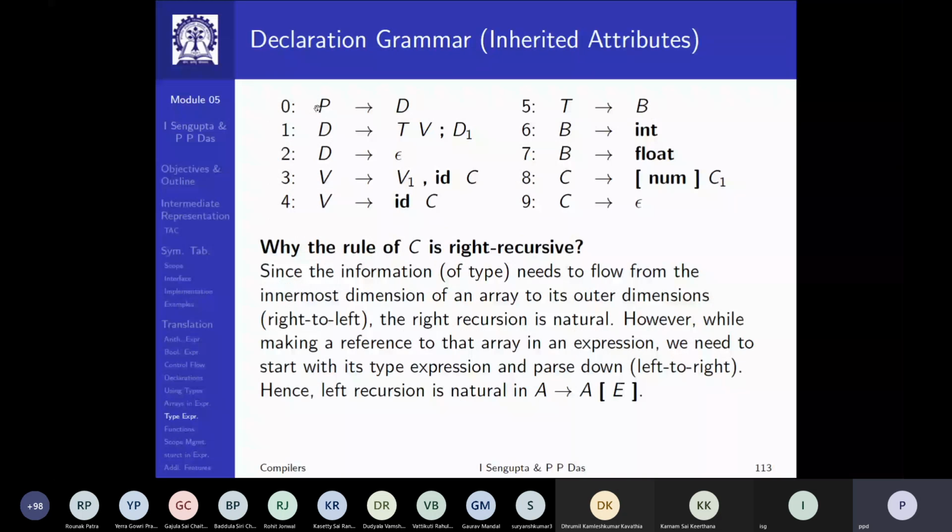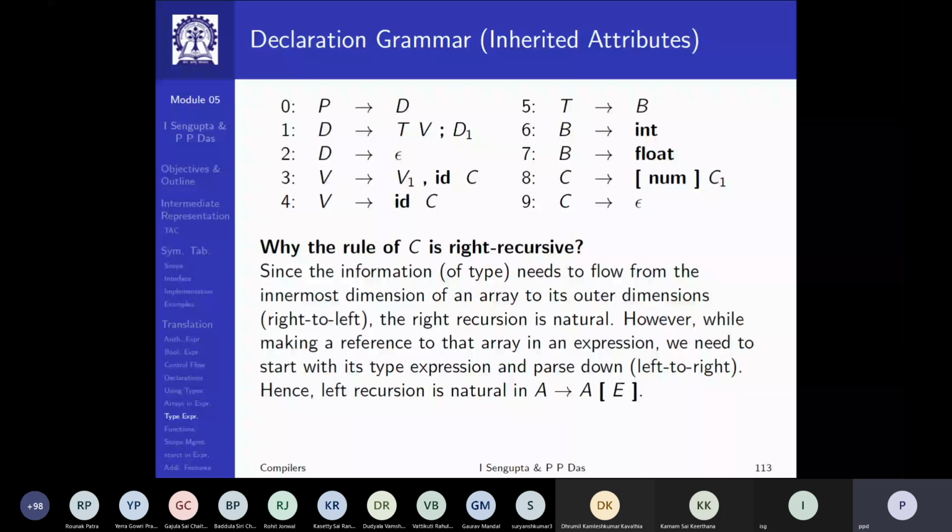I felt this is very, very critical for us to understand because it's not always that you need to write the semantic rules. I mean, you can write this grammar to be syntactically correct by using a left recursion as well, but that does not make your semantic